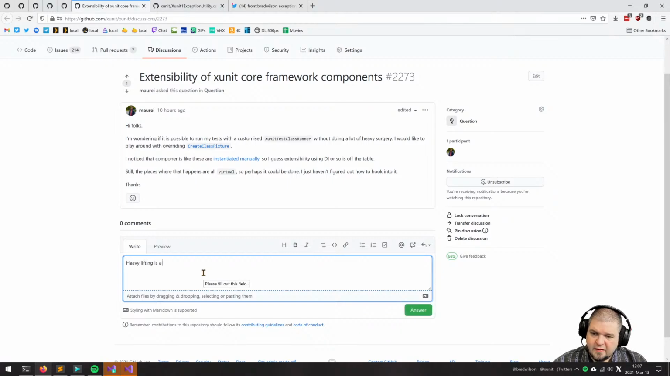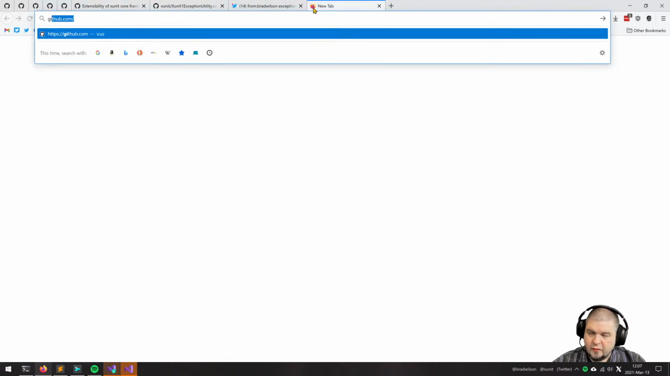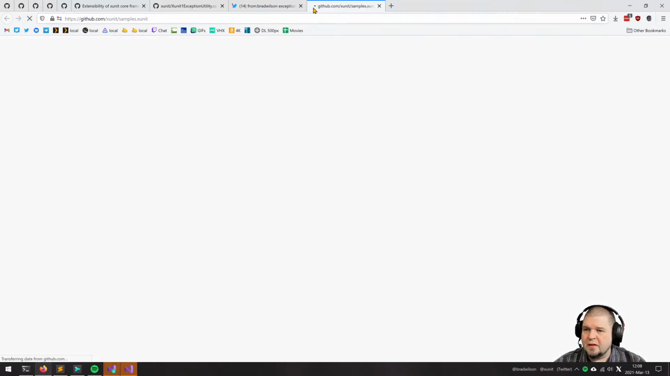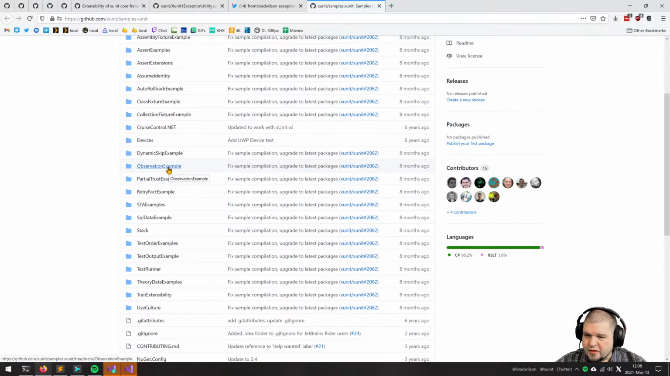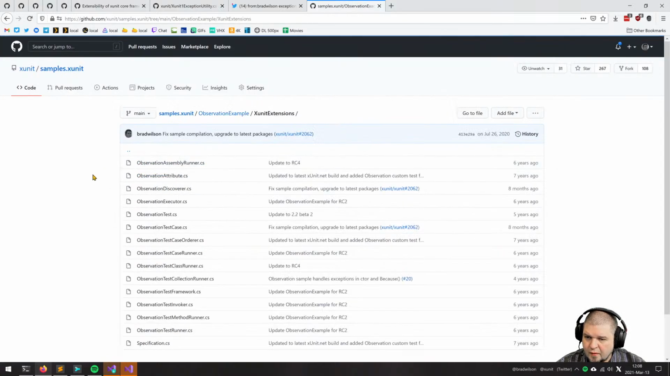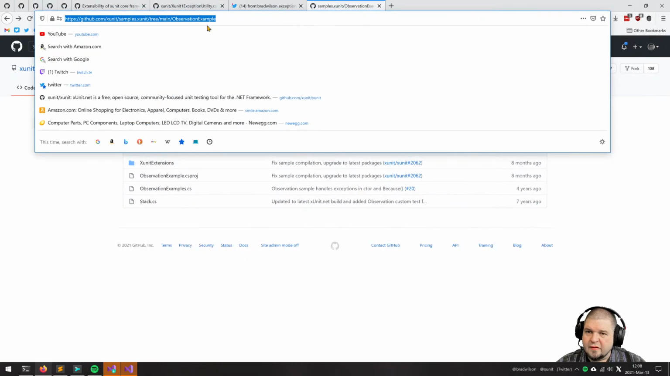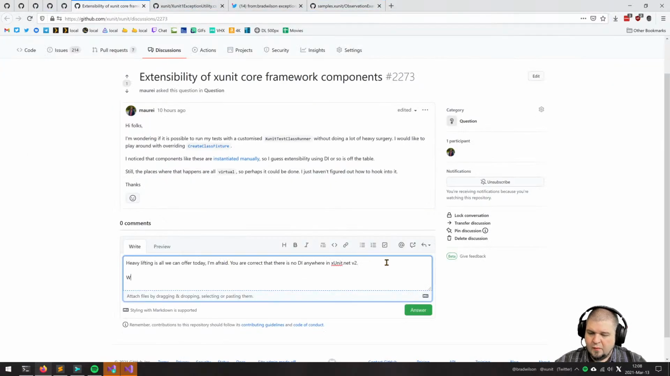Heavy lifting is all we can offer today, I'm afraid. You are correct. There is no DI anywhere in XUnit.NET v2. So this, I think, observation example. Yeah, so observation example. We have an observation framework